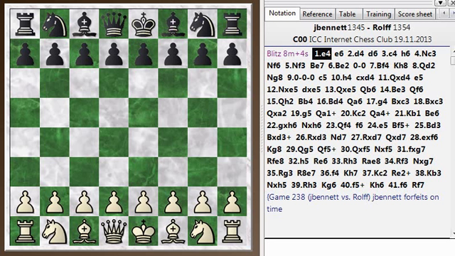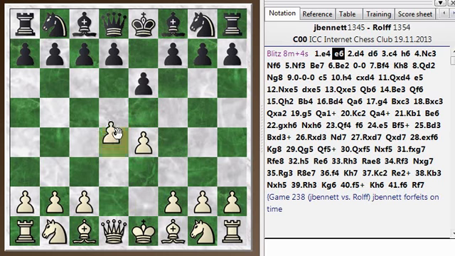Welcome to this Blitz chess postmortem video. This is a postmortem of my Blitz chess game number 156. I was white here, kicked off with e4. My opponent played e6, and I was thinking we were going into a French defense, but my opponent plays the